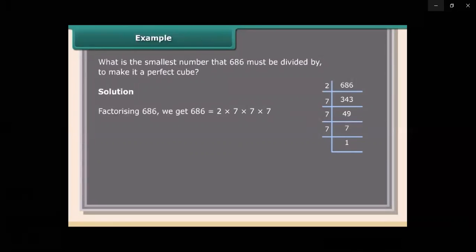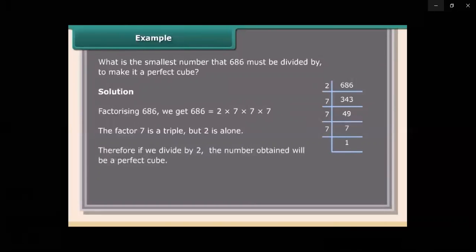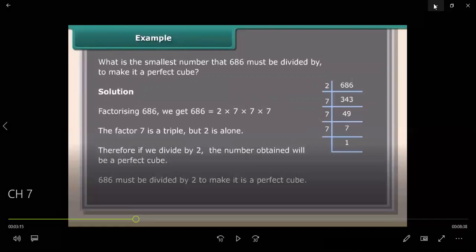The prime factors will be 2 into 7 into 7 into 7. So all of you can observe that we are getting a triplet of 7, but a triplet of 2 is not here, it is missing. So what we have to do, we have to remove this 2 from here so that we can make 686 a